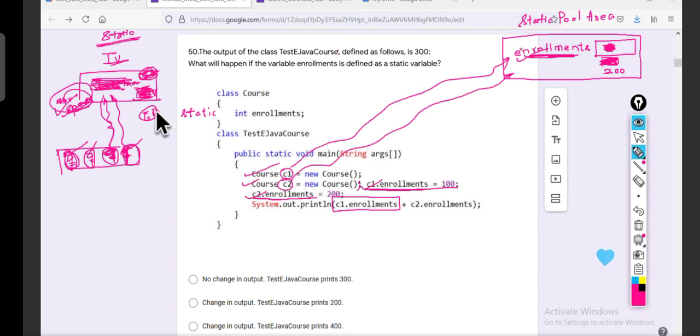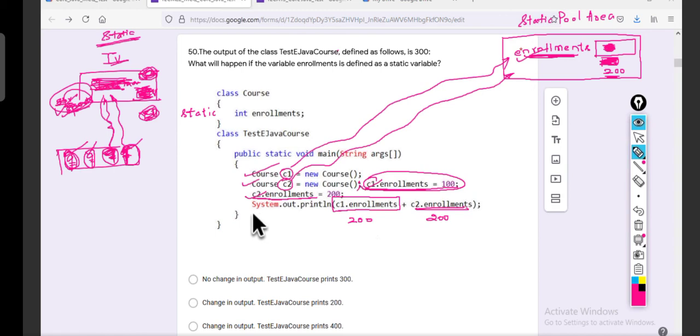But immediately after ETV, father changed ETV to Star Sports. I'll agree, C1 changed the value to 100, but immediately C2 changed the value to 200. So now C1.enrollment is 200, C2.enrollment is also 200.